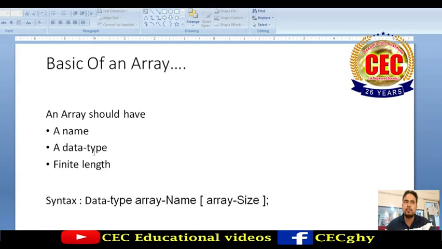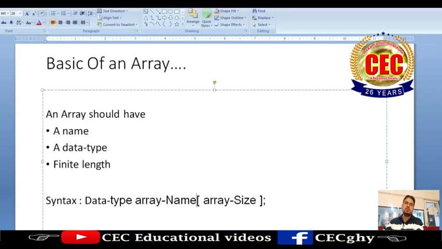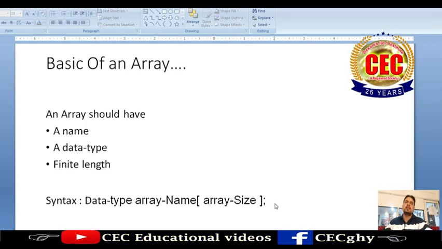Like that, an array also has a data type, and a finite length. How many cells you want to create in an array, you have to specify very early in the program. This is the syntax: data type, array name, and array size. There should not be any gap between the array name and array size.